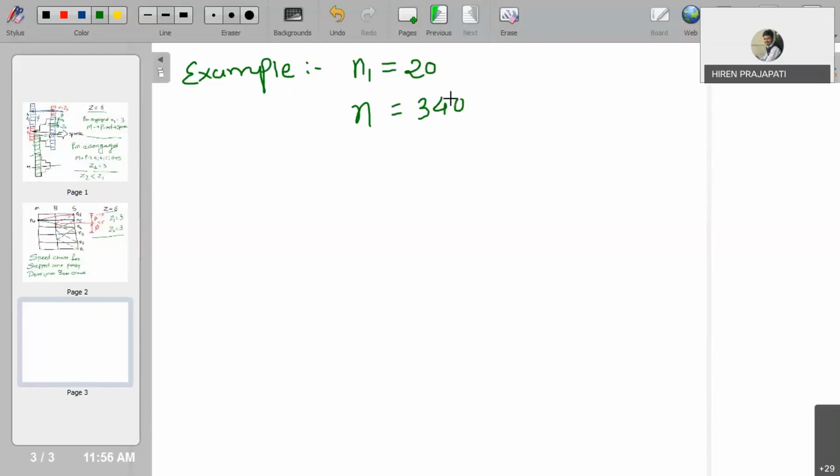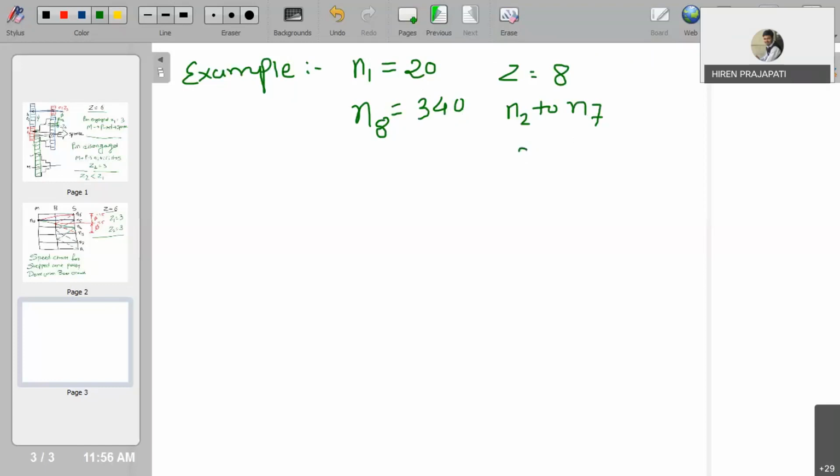This speed range is to be attained in 8 steps, which means the last speed is n8 rpm, right? So this range we need to cover with Z equals 8 speed steps. Find the speeds, the back gear ratio and the countershaft speed. So we need to find the intermediate speeds like n2 to n7. Then the back gear ratio we need to find out. What is the back gear ratio?